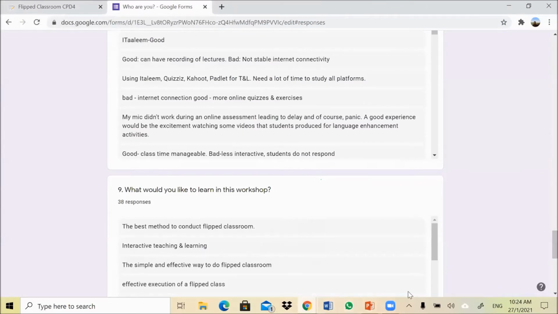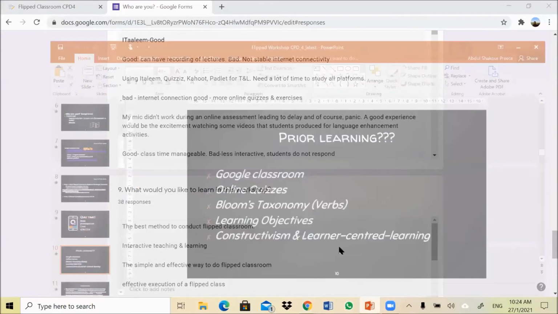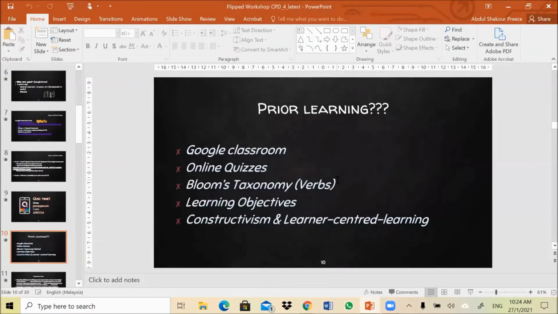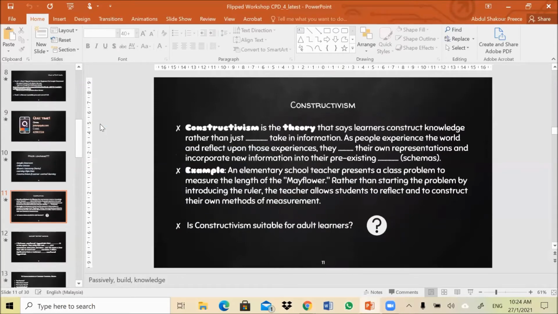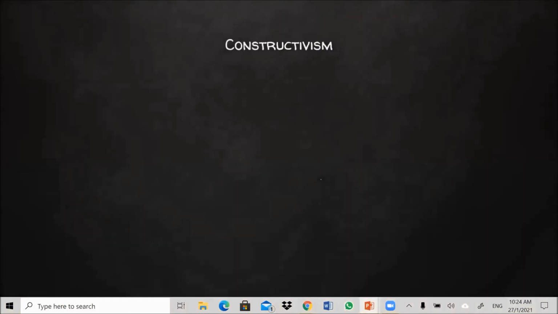And if we then go back to my cat, which is climbing on my table, the learning objectives, I've talked a little bit about that. Constructivism and learner-centered learning. I noticed that you didn't all know about that. So let's have a look at the definition which I have of that. So here we have a definition of constructivism, and it says,